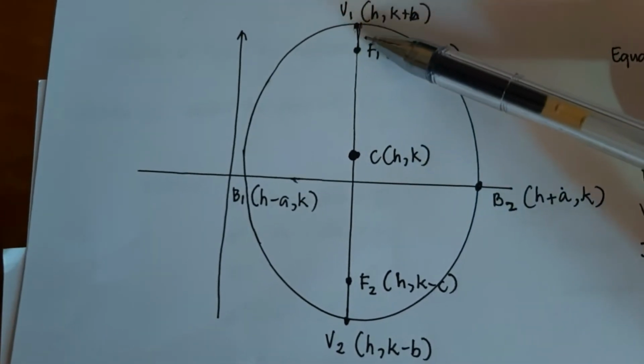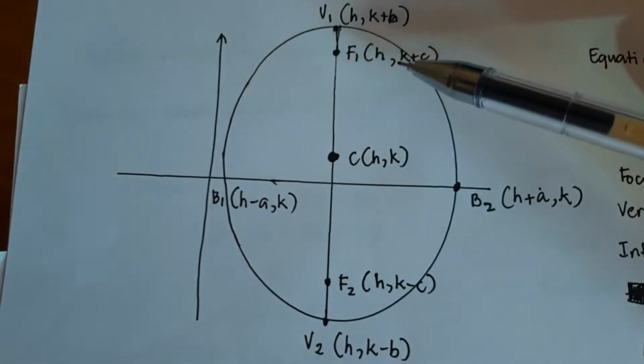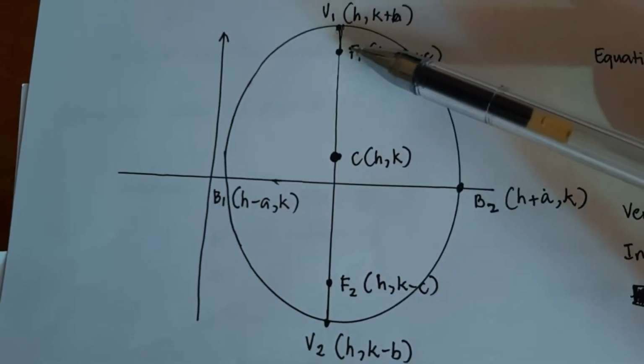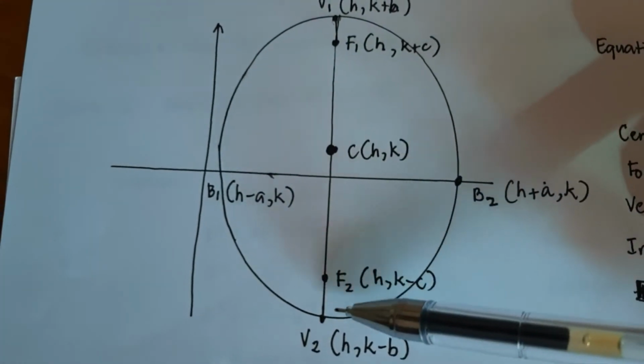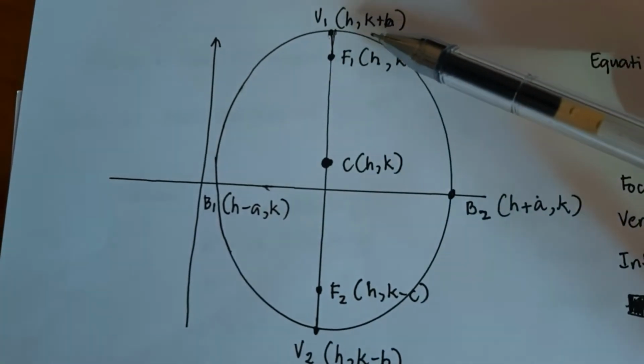Again, kung mapapansin nyo, dahil ito yung major axis, siya yung pinakamahabang diameter. So, focus there will be (h, k plus c). So, again, dito yung focus sa pinakamahabang diameter at ayun yung focus 2. Katabi niya uli yung dalawang vertices. Okay, so that would be